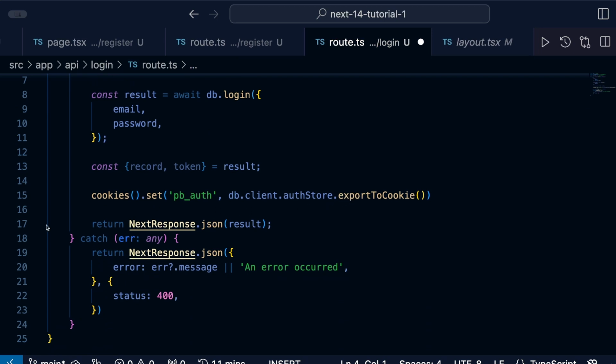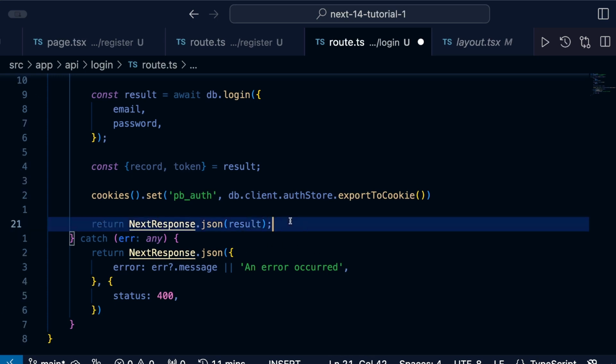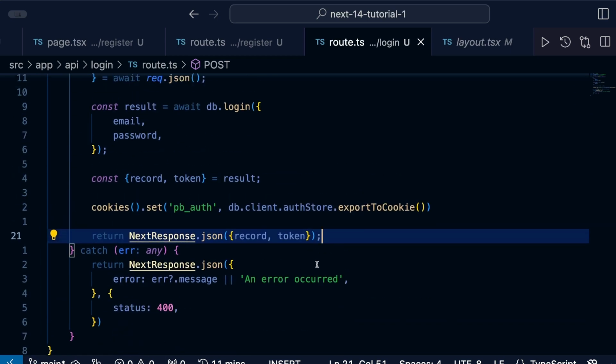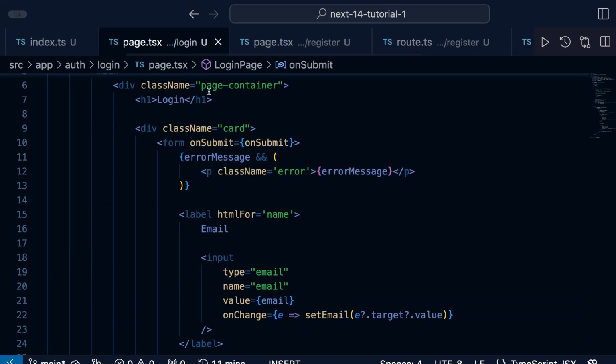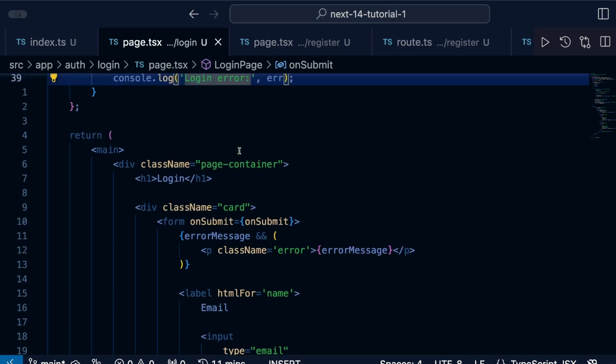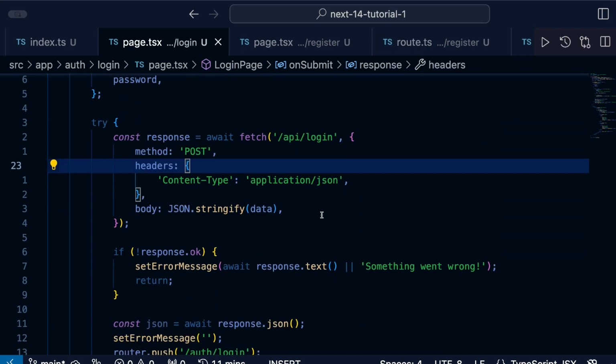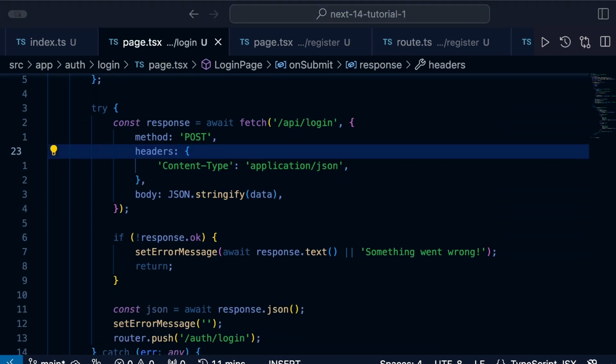So now we have the cookies set. What we need is to return the record and token. So let's go back to the login page. In the login page, on submit, we have the API login, and after that, what we need is